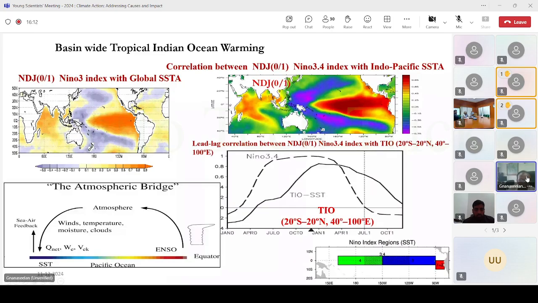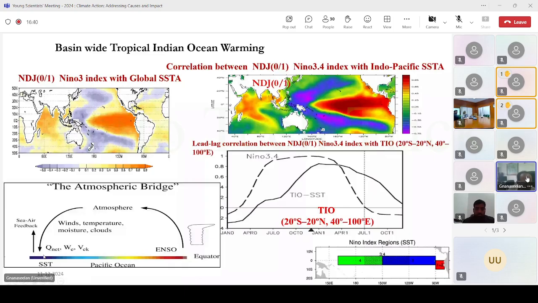Similarly, the same thing can be seen in the 3.4 index also. They provide a similar pattern, suggesting that the first mode of variability is mostly explained by the El Nino Southern Oscillation, and through the atmospheric bridge, you have convection in the Central Pacific and subsidence in the Indian Ocean region,